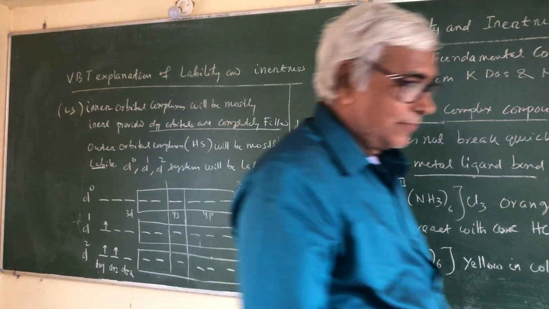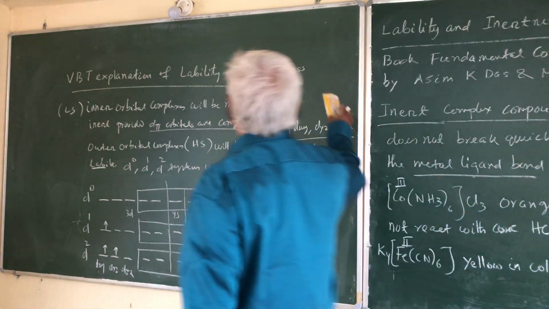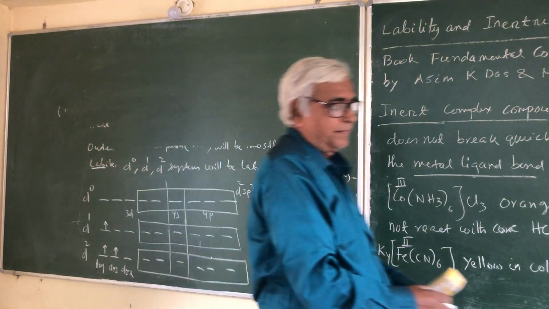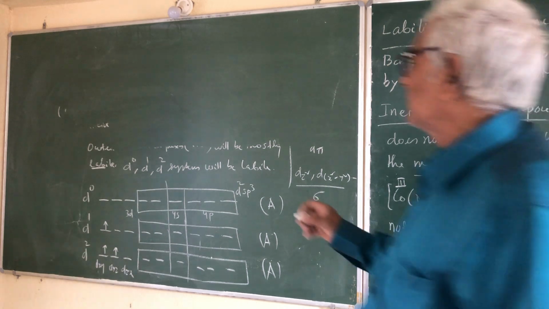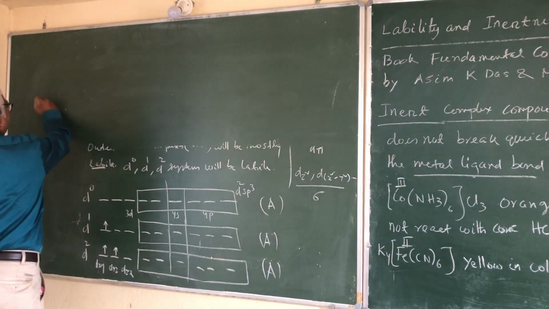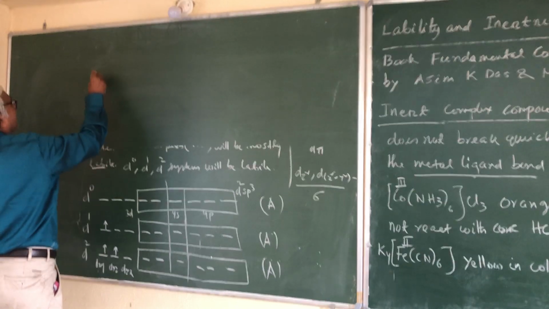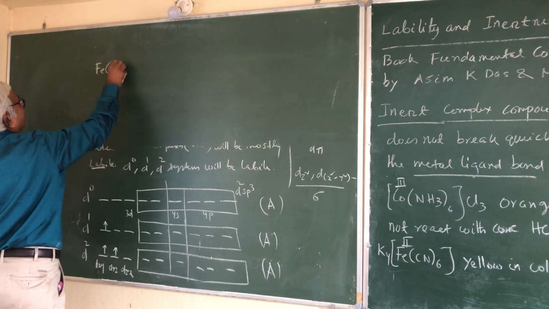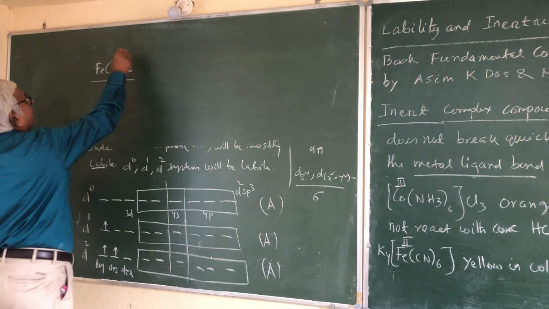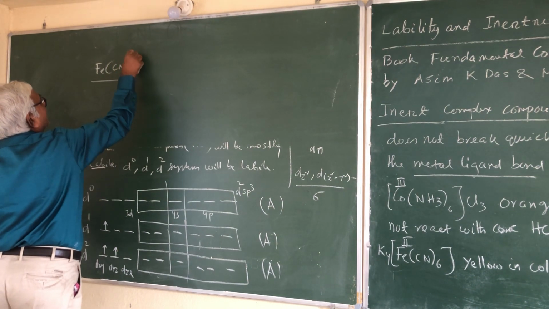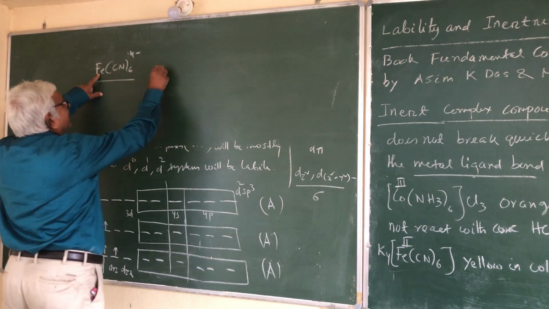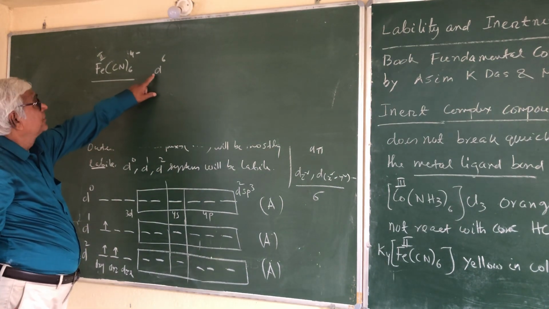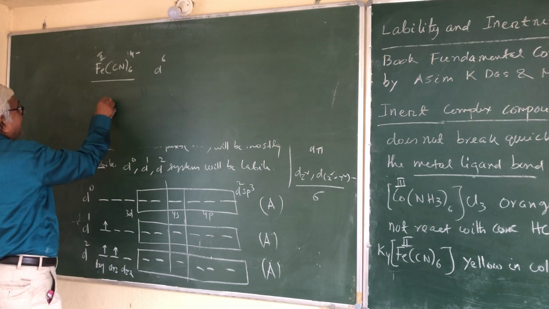Let us take one example. Suppose you take this complex. So this is a D6 system. The oxidation state of iron is +2. So this D6 system will have filled